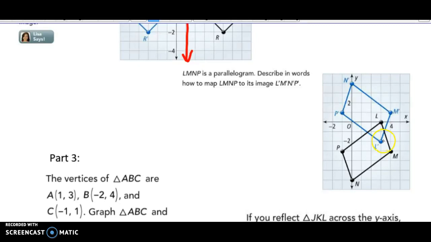Looking at LMNP, which is moving in a clockwise direction, we want to describe in words how to map LMNP to its image, L prime, M prime, N prime, P prime. So again, I'm noticing that I'm moving in opposite directions. Clockwise to counterclockwise. So that tells me